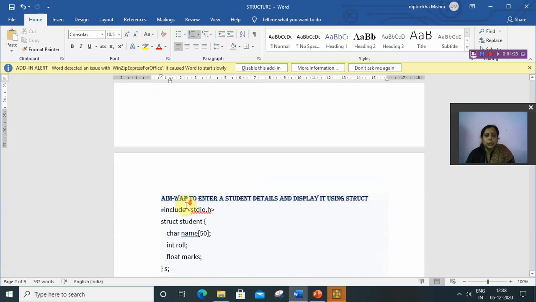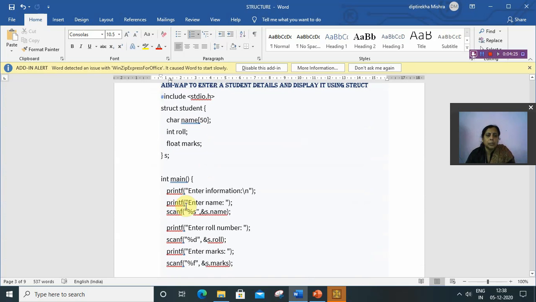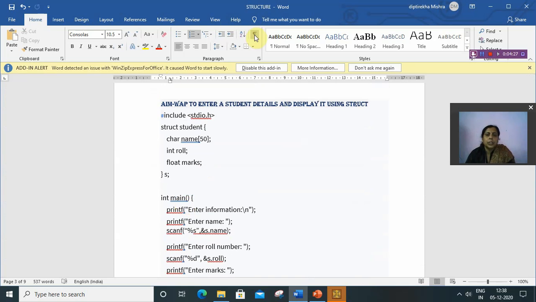So let's understand an example: a program to enter a student's details and display them using structure. First of all, we have to declare a structure of student data type, struct student.